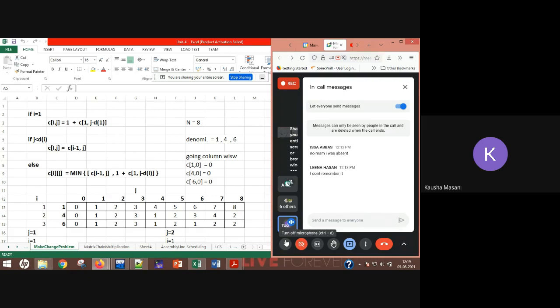What do I mean when I say that you give me the change of rupees 100? Ahmad, you are not supposed to speak now, you already answered. Rest of you, I want answers from you. What do you understand when I tell you that I want change of rupees 100?